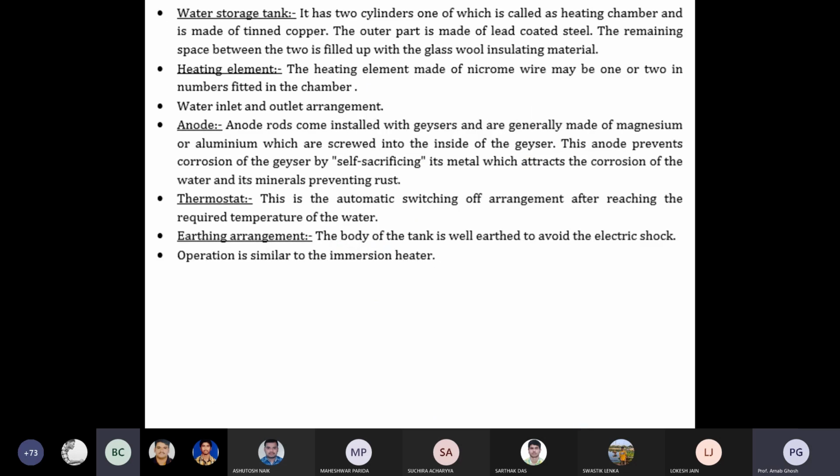So what are the important factors? The water storage tank, the heating element, then anodes, thermistor, and earthing arrangement. These are all the most important factors. First, the water storage tank. It has two cylinders, one called the heating chamber, made of thin copper, and the other part made of lead-coated steel. The space between the two is filled with glass wool,